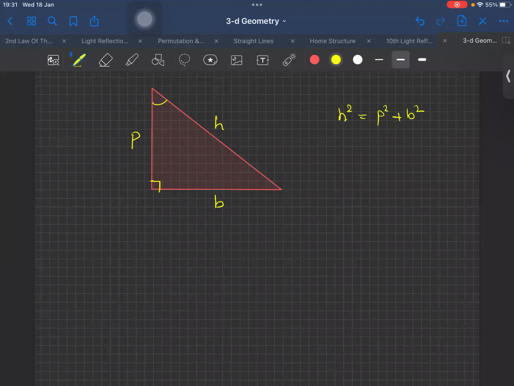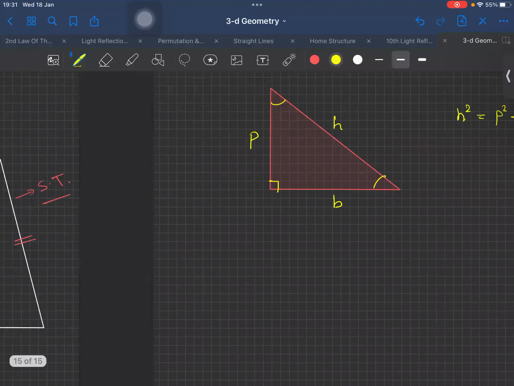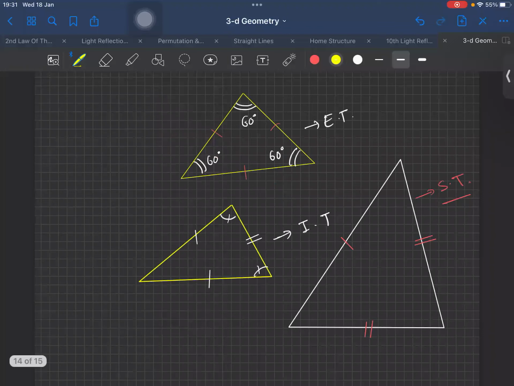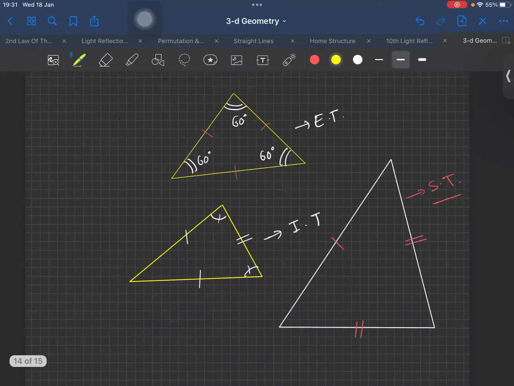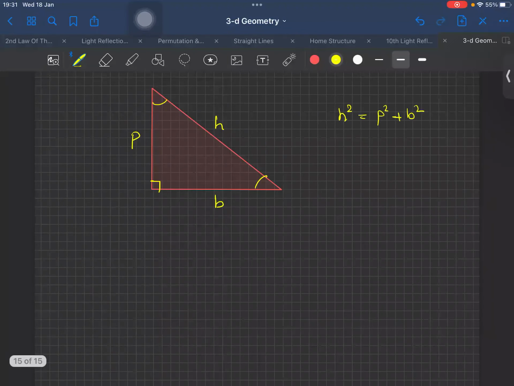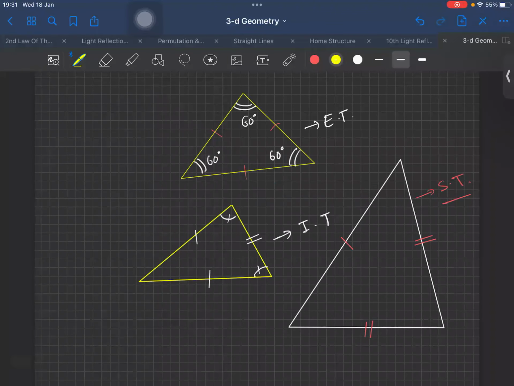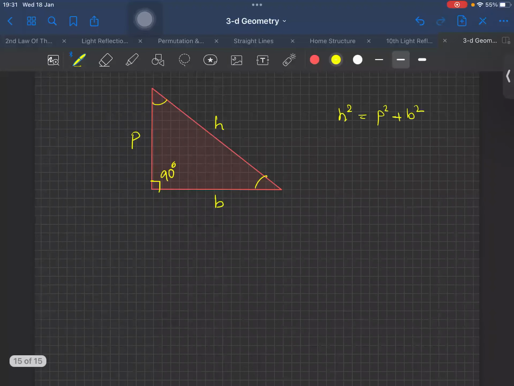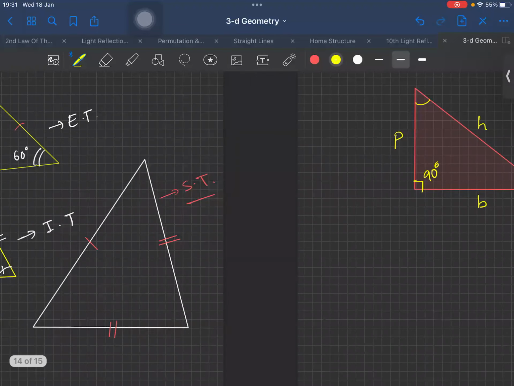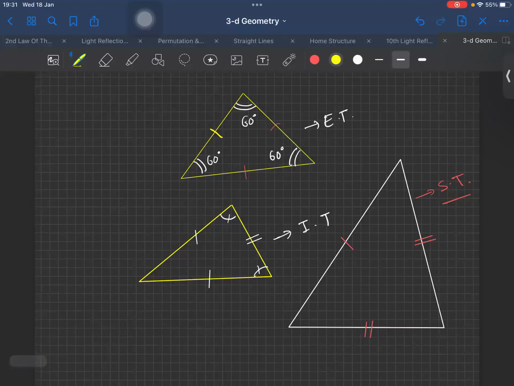So it can be the scalene triangle or the isosceles triangle, but it cannot be an equilateral triangle because one angle is already 90 degrees. And we know an equilateral triangle has all three angles 60 degrees. So if it is equilateral, these distances will be the same, right? If it is an isosceles triangle, at least two sides will have the same length. This will be L, whatever value you get, and this will also be L. This can be different, right?